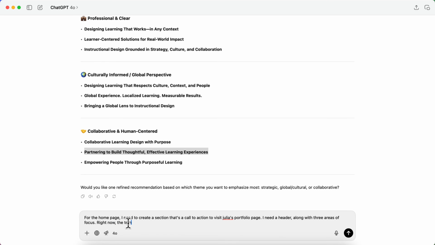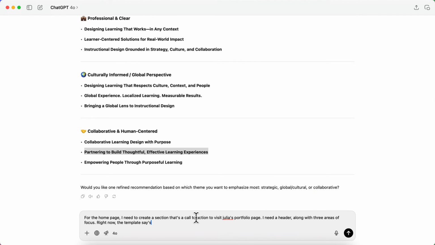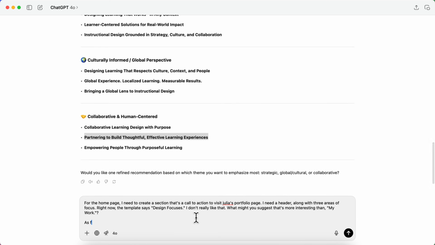Right now, the template says, what does it say? Design focuses. I don't really like that. What might you suggest that's more interesting than my work? Question mark. As for the 3 areas of focus,